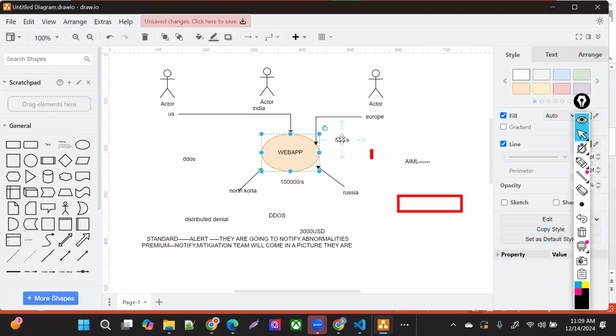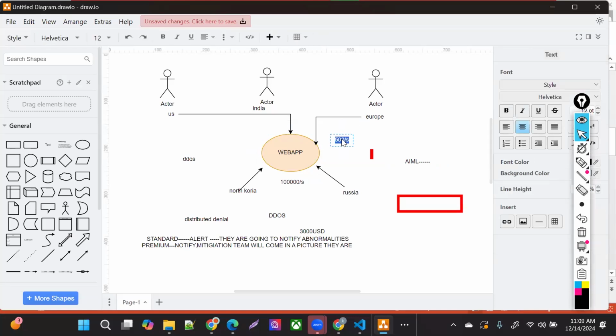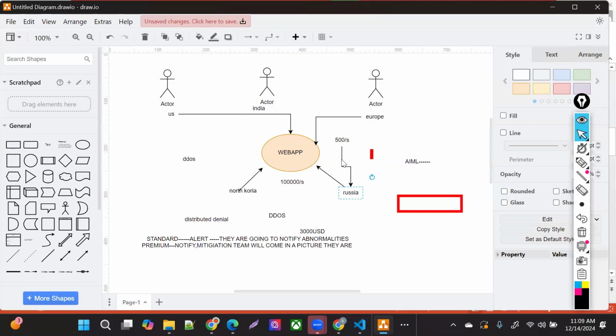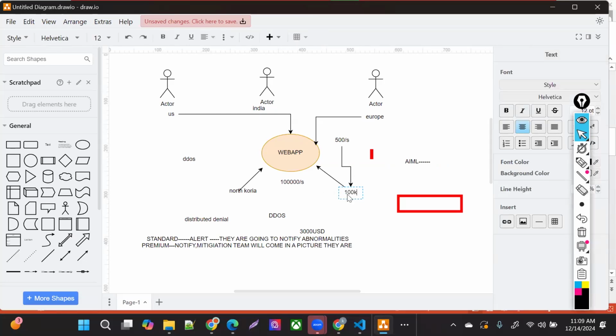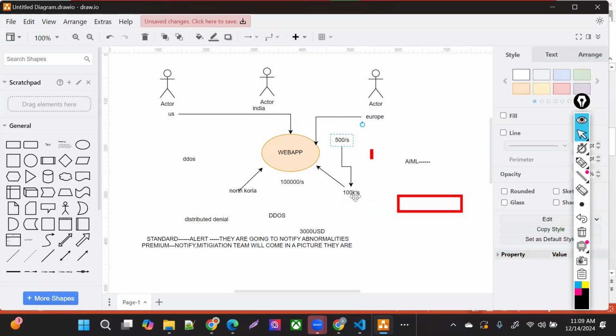Let's say every day, on average, you are receiving 500 requests per second, right? But now one day, you started receiving 100K requests per second, which is very abnormal for them. So they are not going to look at that and immediately block it. First thing is, they are going to see whether these requests are genuine or not. How? Because they have that parameter, right? They have their analysis done on these requests, right? So first they are going to see the requests which are currently coming, which are more than 200 times the requests you normally receive. First thing they are going to see is whether these requests are genuine or not.